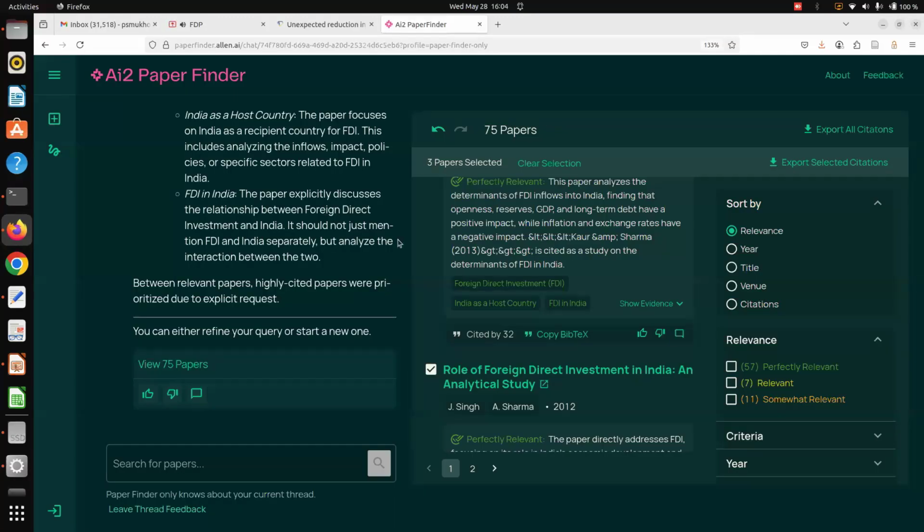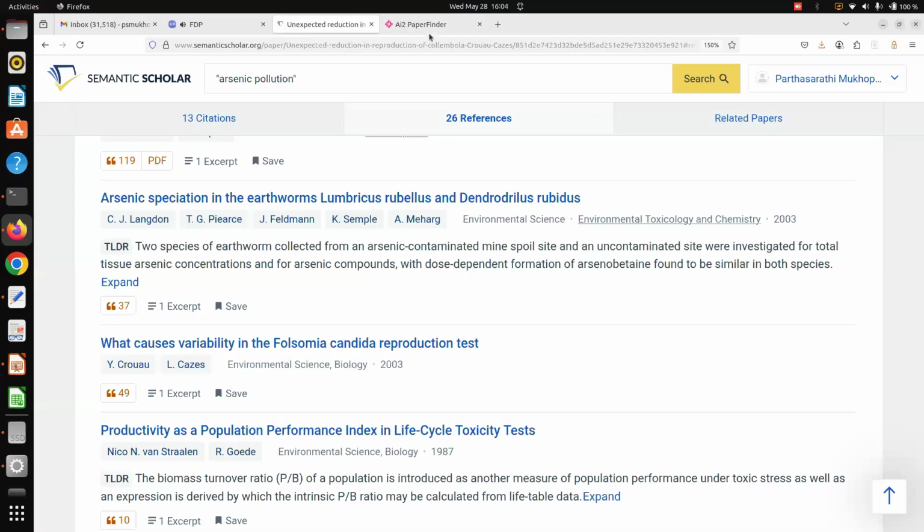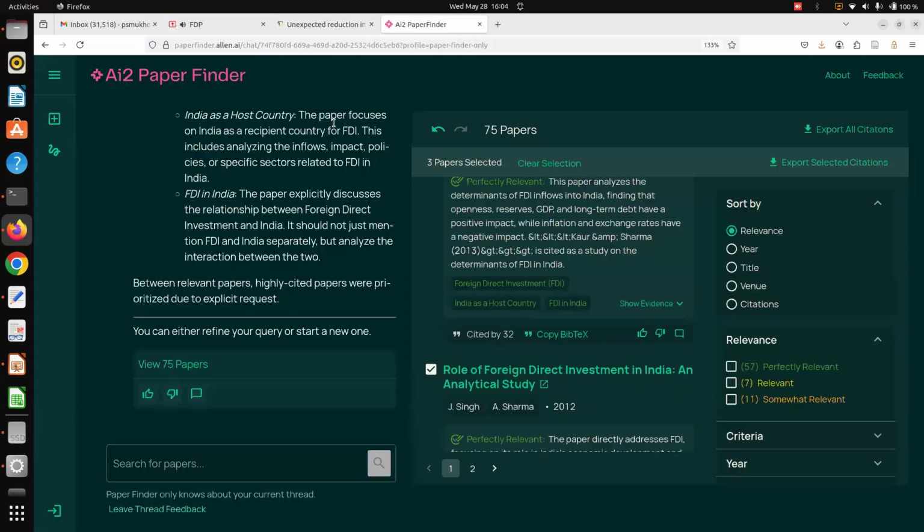Let me now tell you about the third generation of Semantic Scholar, where it is coming up. This is the first generation, this is the second generation, and parallelly they are trying to develop a third generation tool, not quite mature enough at this stage, but it has all kinds of possibilities. So please go through all of these three generations of the Semantic Scholar search engine to make your life easy. These are all LLM-based search engines, and mostly they use either GPT 3.5 or GPT 3.